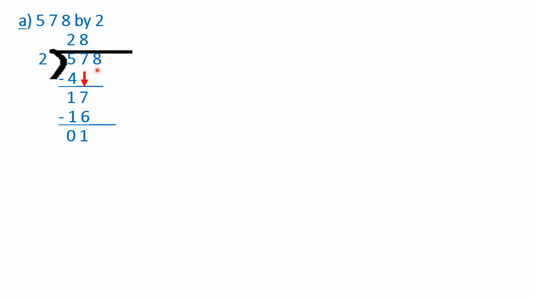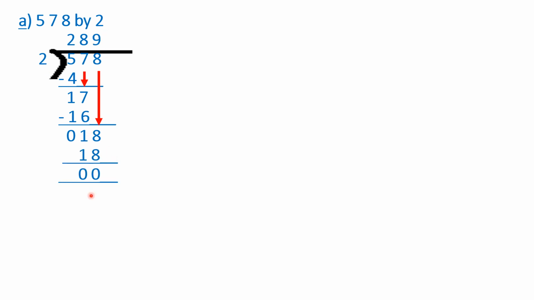Now again you will copy this 8 here. Because 8 you will write here. So you will mark a long arrow sign till here and then you will copy 8. So our number is 18. Now in the 2 table you have to get 18. Now read the table of 2 and do you get 18 there? Yes, 2 9s are 18.